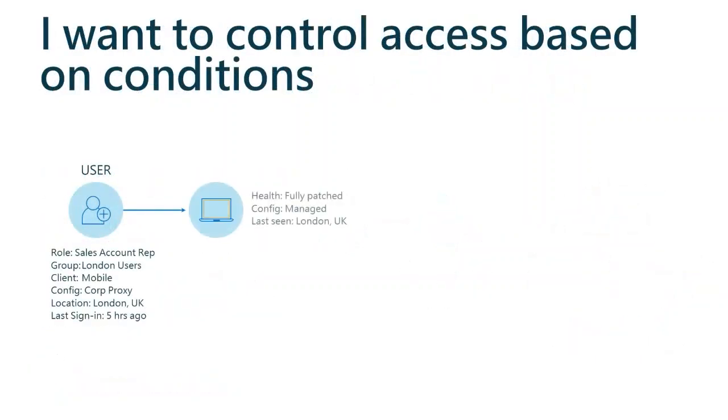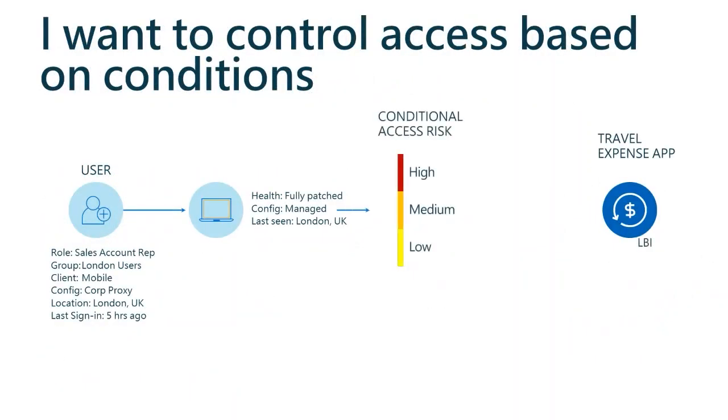So just to walk through a couple of examples. If you've got a user who's a sales account rep, he's in the London users, he's on his mobile device, he's using a corporate proxy, he's based in London, he last signed in five hours ago. The device is fully patched, it's managed, and it was last seen in London. It's going to be given a low risk. So they can allow access to a fairly low level application that doesn't have any major security considerations, because it's